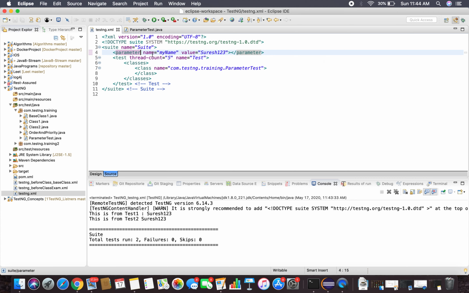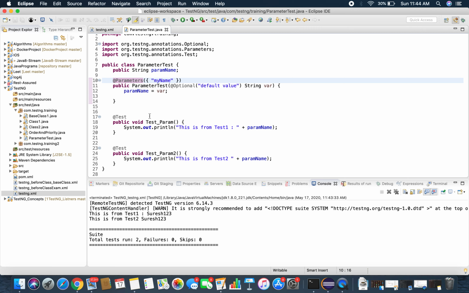This is the parameter attribute where you define your variables, but @Parameters is an annotation which will help us to read the parameter values from the testng XML. Please make a note. The parameter is an attribute in the testng XML to define the parameters, but @Parameters is an annotation that helps us to read the parameter from the testng XML and use them inside the test methods.